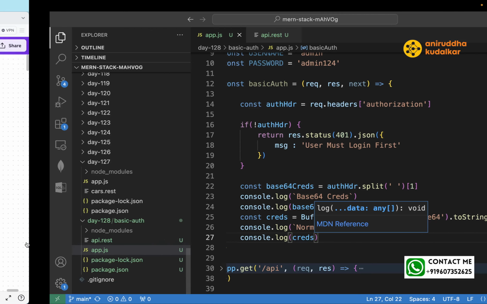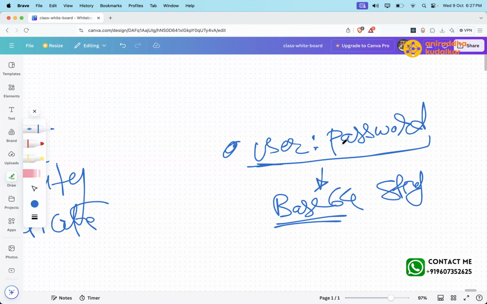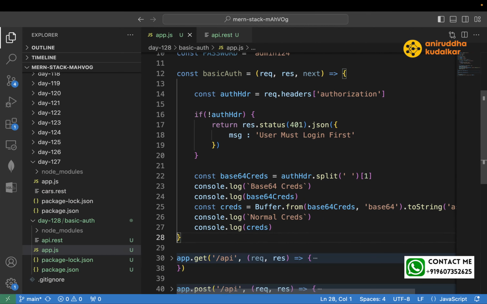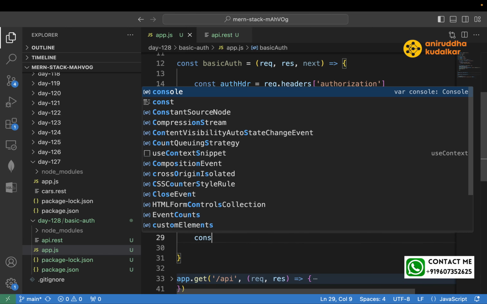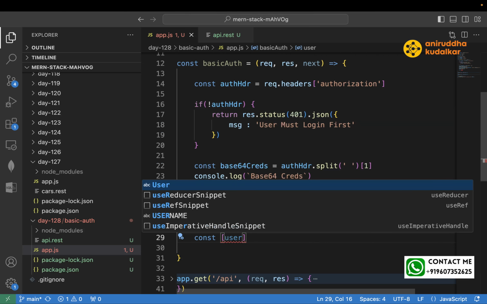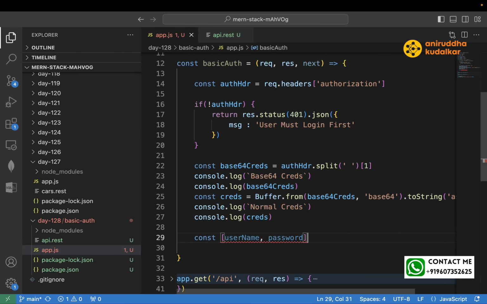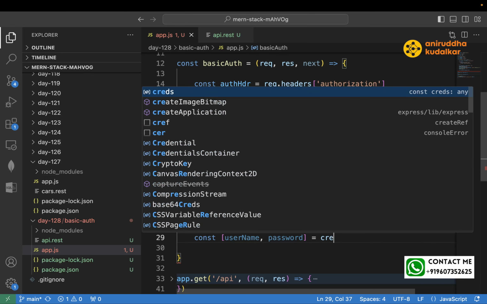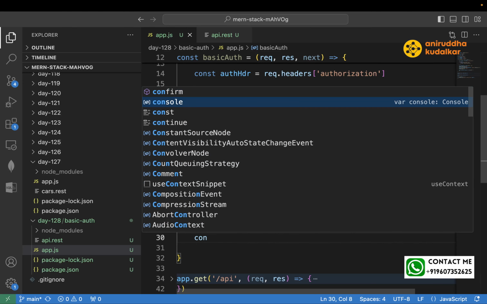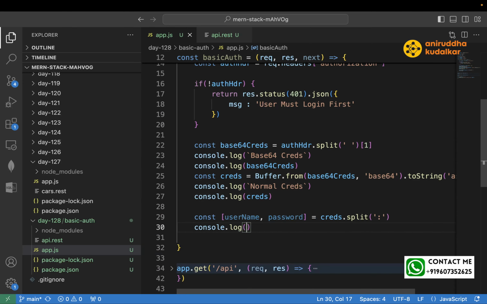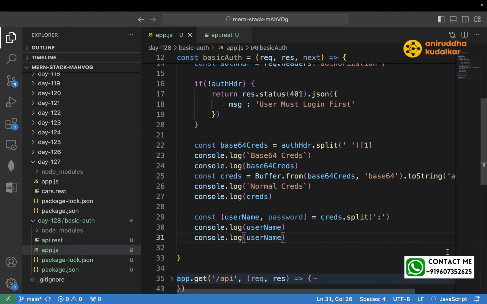Now I told you, the string is in this format, username colon password. So if we split that, here in creds we are going to get an array. So we can use the destructuring of the array: const username, password is equal to creds.split by means of colon. So we can console.log username and console.log